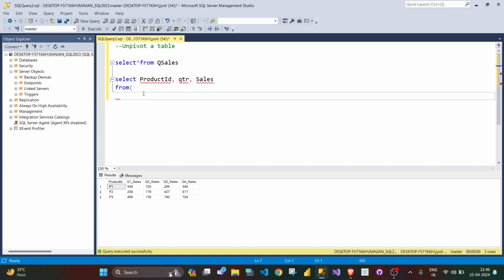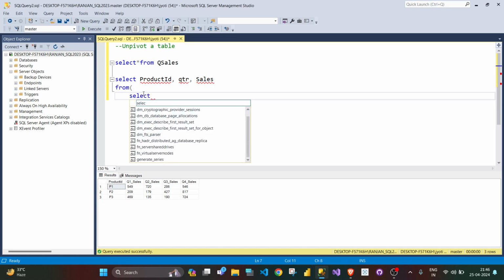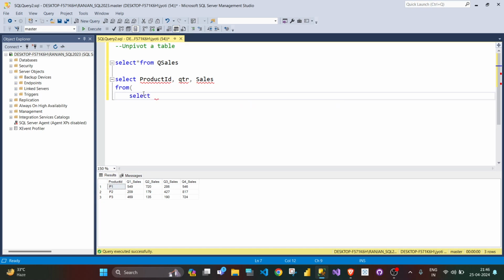So we will take the data from select star from Q cells as S. Okay, then we'll write unpivot, put parenthesis,